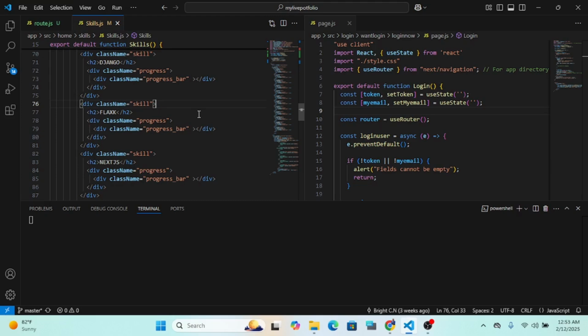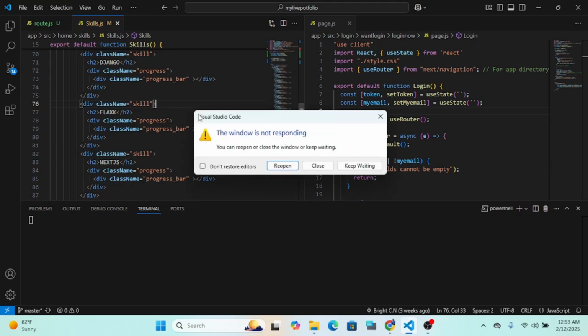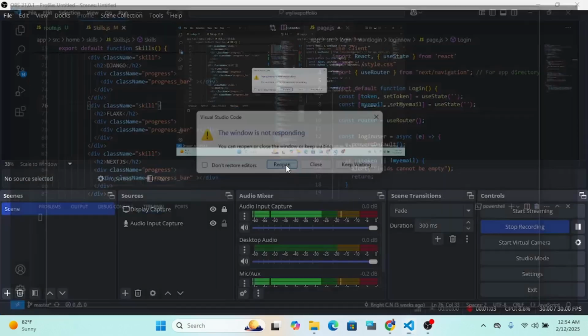I tried my best to do a lot of research online to find out why, because it wasn't happening before. Suddenly I just saw it. As you can see, the window is not responding. You can reopen or close the window or keep waiting. If I click on reopen, then you'll notice that